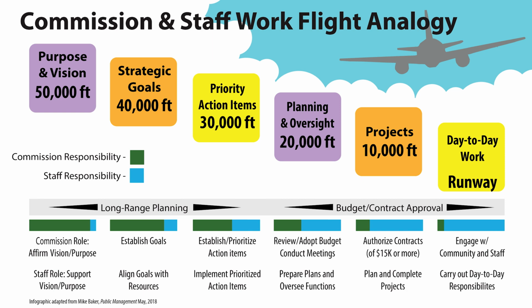Now you might be like, well, I'm confused. Doesn't the City Commission adopt the budget? Well, that's correct. They do. But a lot of the initial or preliminary work with respect to developing the budget and making sure that it aligns with the Commission's priorities takes place at the staff level internally. Once the staff and the city manager develop the budget that they feel will meet the goals and priorities of the City Commission, it is then taken to the commission for review and eventual adoption.